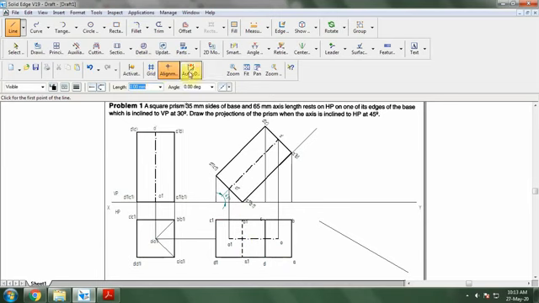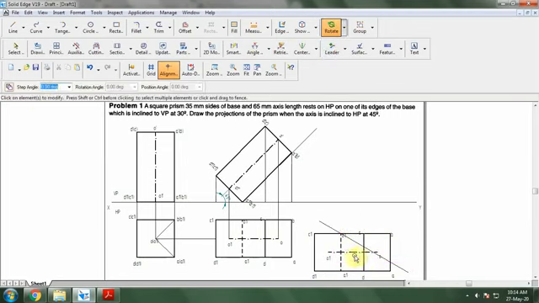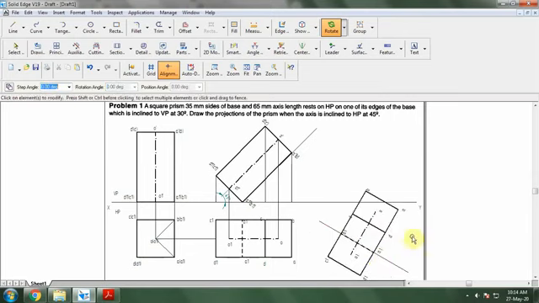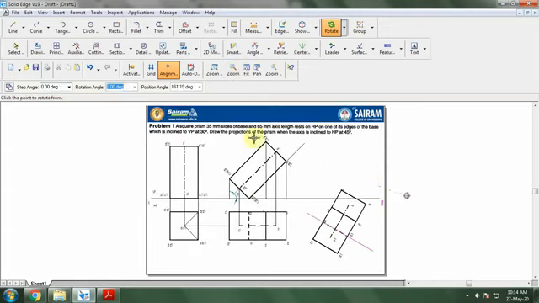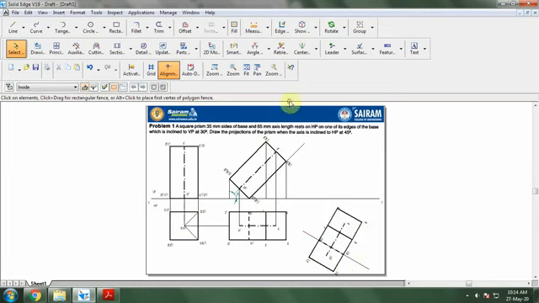So once you keep that, I have to make sure that this line will be inclined at this position. Go for the move option first, select this with a copy. So B1 has to be on this line. Now go for rotate, select this. So this and this has to be on this line. So make sure that this will not be above the XY line. So if it is above the XY line, you can move that downwards. So I'm going to keep everything below the XY line.